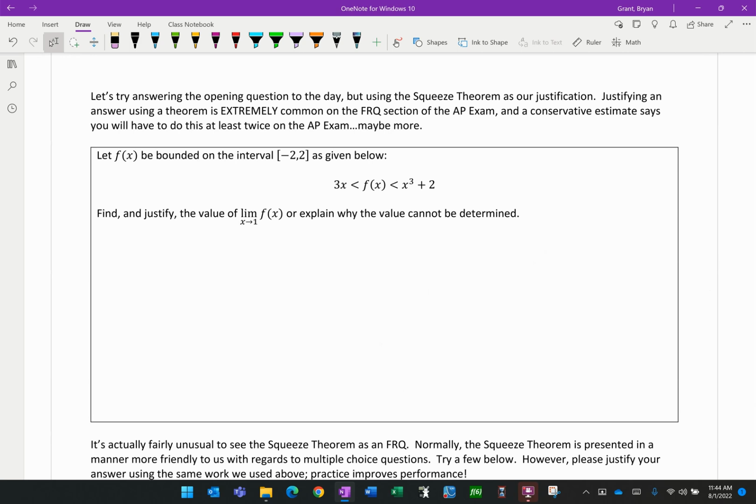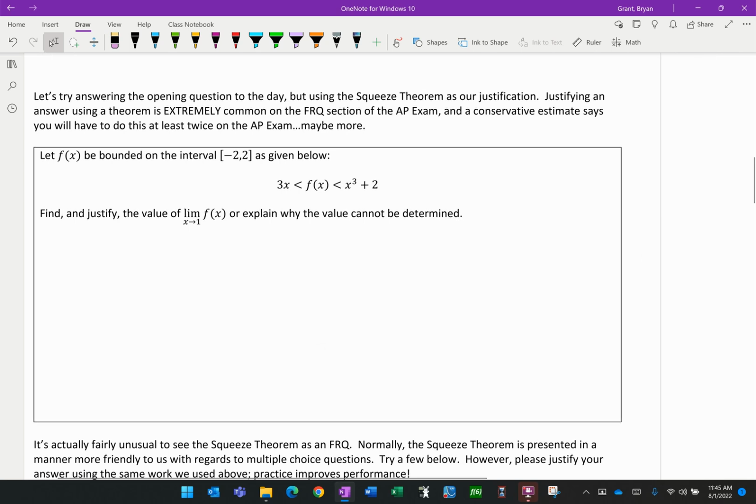So we're going to try answering the opening question to the day. Even though there are several questions, we'll condense it down into one important one. And we're going to use the squeeze theorem as our justification. Now, justifying an answer using a theorem is extremely common on the FRQ, the free response questions section of the AP exam. And my somewhat conservative estimate says you're going to have to do this at least twice on the free response section. Speaking of, and we should definitely reference this over and over and over again so you don't